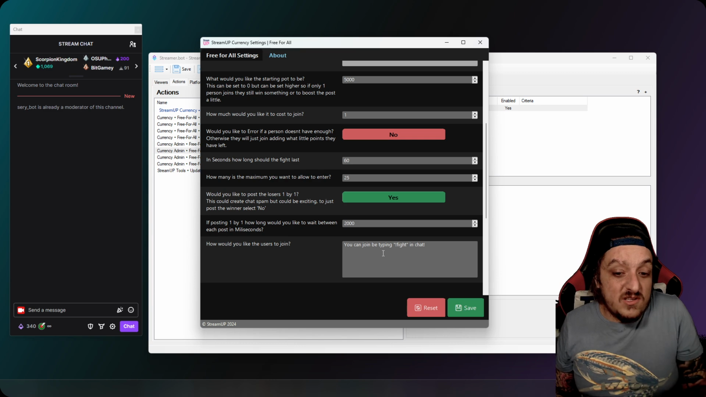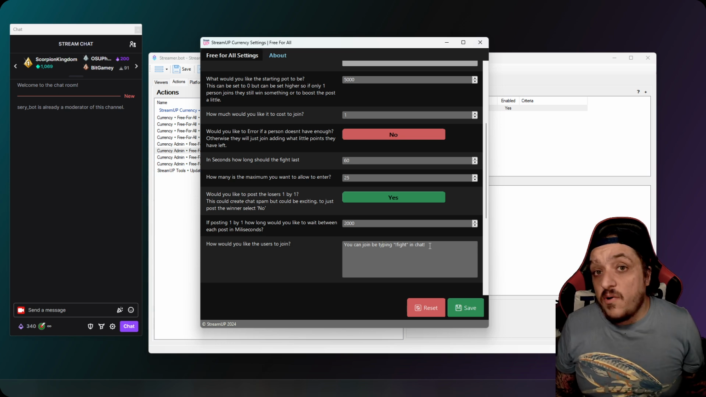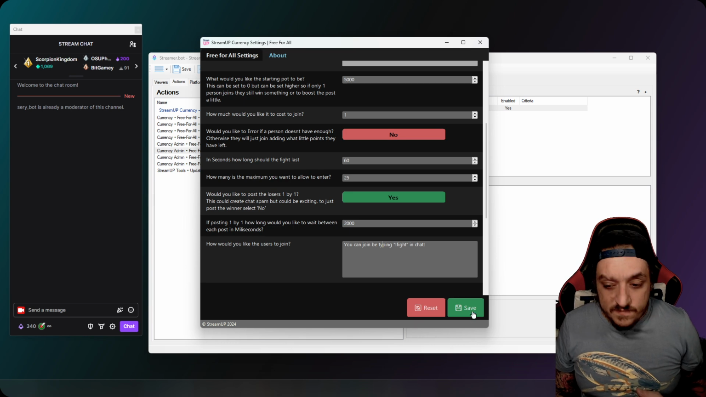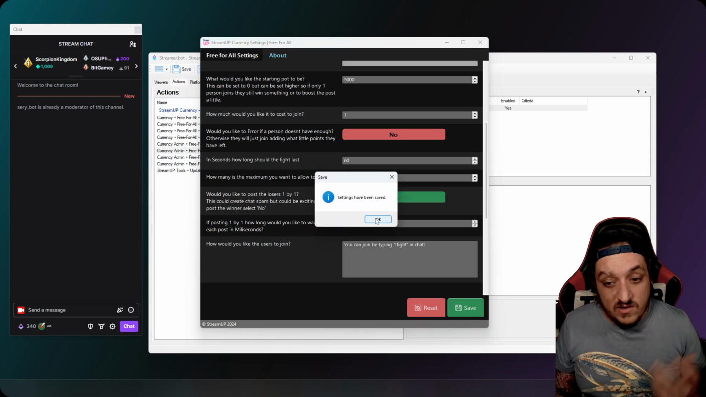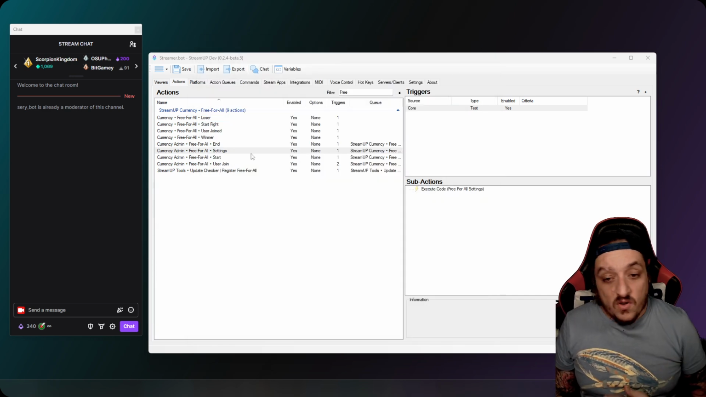And this is where you can type in how to join, because you could use the command, or you could use a channel point, or you could say 30 bits to join, whatever you want. And you just press save. They'll say the settings have been saved, you press close, and you can close it. Once you've enabled all the commands like that,